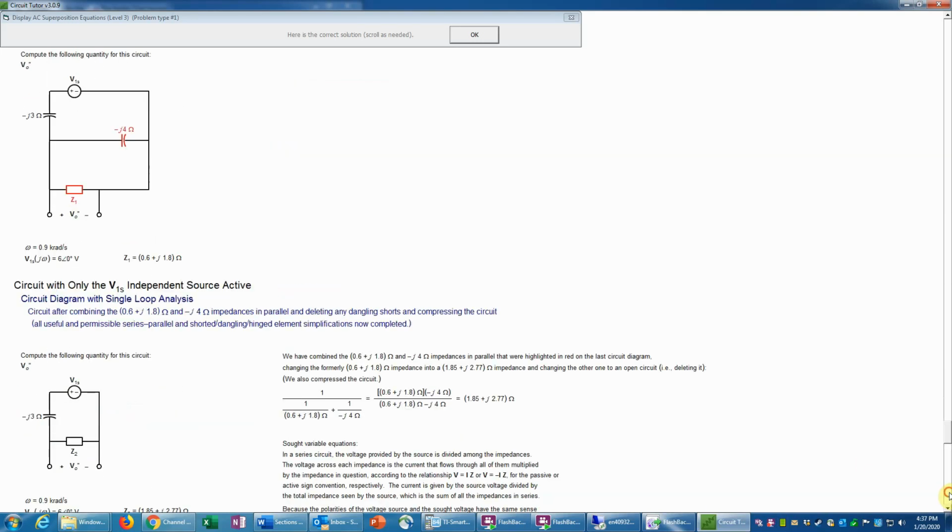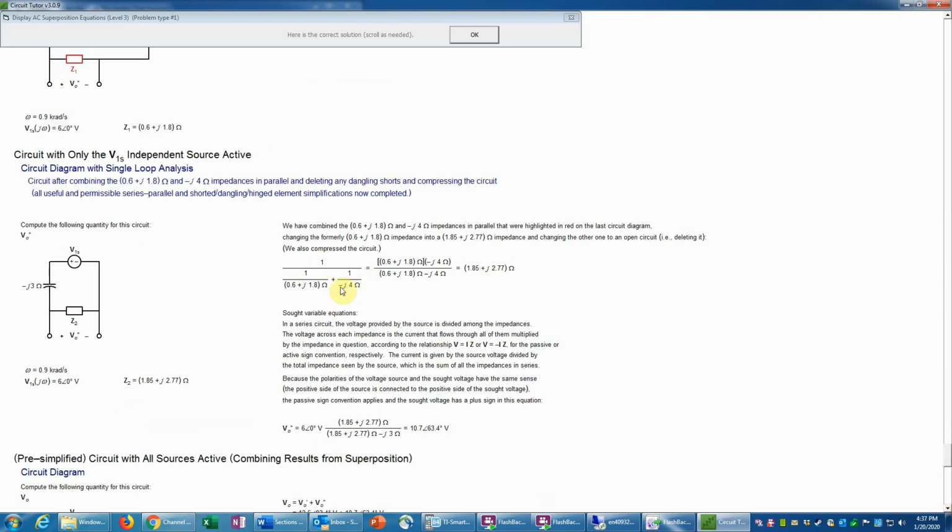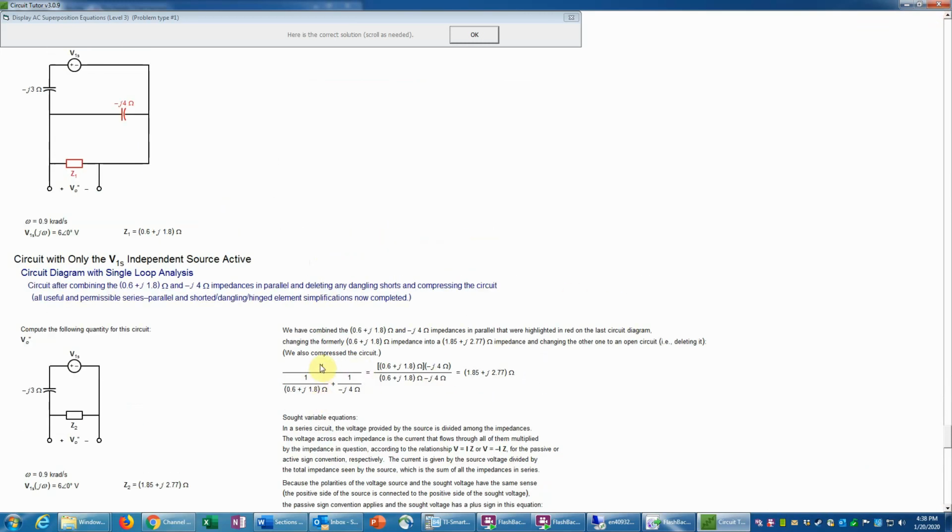So we go down here, and we would just use the standard formula to combine impedances in parallel. So remember, we take the reciprocal of one, add it to the reciprocal of the other, and take the reciprocal of the result. Don't forget that last reciprocal, or you, of course, wouldn't even get the right units if you didn't do that, let alone the right answer. So we have the Z1 value here has been taken the reciprocal, and then the negative J4. And again, just evaluating that straightforwardly on a calculator will give us this value, the 1.85 plus J2.77